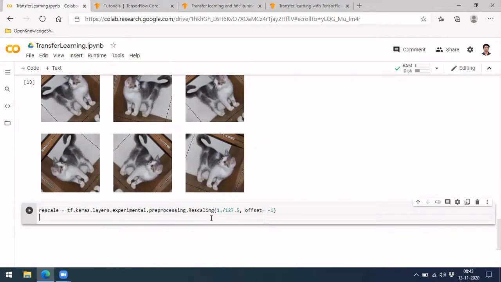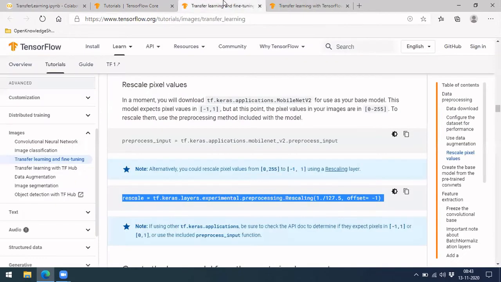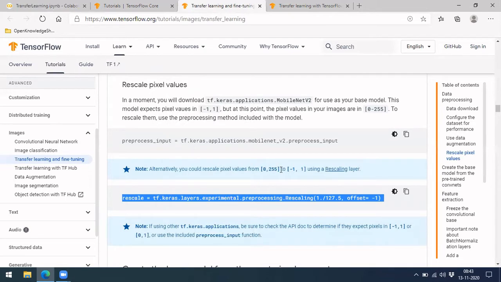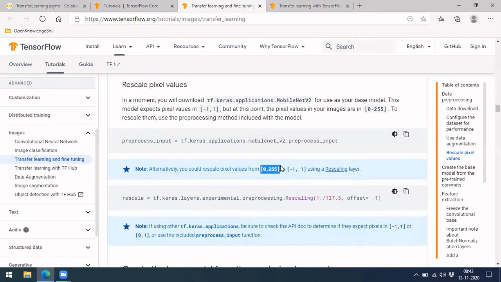I'm not sure why exactly they use 127.5. You can still use 255. There is no problem with that. Previously, when you rescale by dividing by 255, your values will be between 0 to 1. But if you want it to be between -1 to 1, then you can do it by